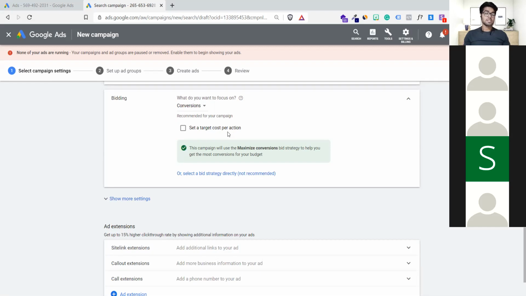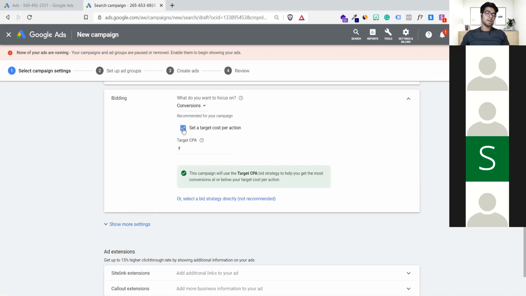So what it says in a conversion ad, let me tell you what will happen. Suppose you have put 500 rupees as a budget, and suppose the average cost per click is 7 rupees and the highest cost per click is 50 rupees. Of course, I cannot afford 50 rupees because my daily budget is 500. If I want to stop it, and say that I can hardly spend 10 rupees on each click and don't want to spend more than that, I will click on it, and it will say